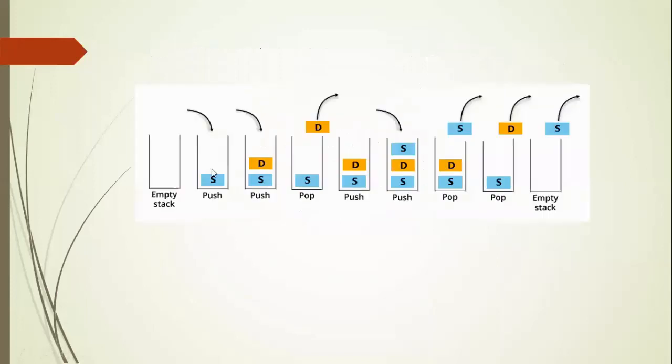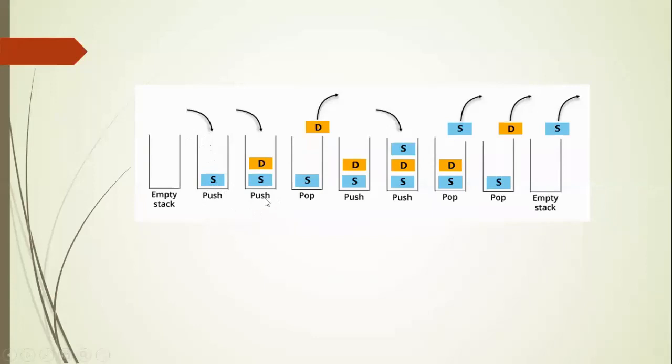So let us take an empty stack. If you try to insert an element, which is called a push operation, then it should have a parameter. That parameter is the content that you need to push into the stack. So whenever you perform a push operation with some data like S on the stack, then the stack contains S, and it is treated as the top of the stack.